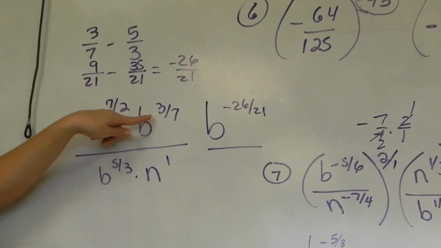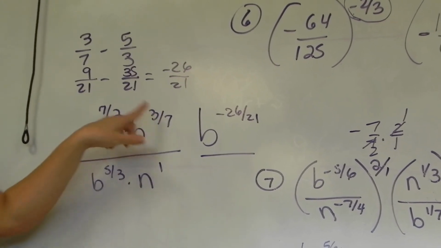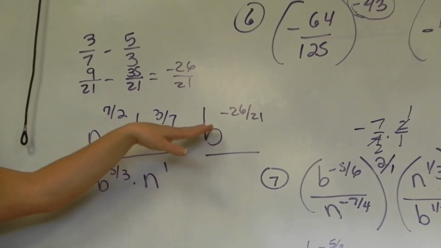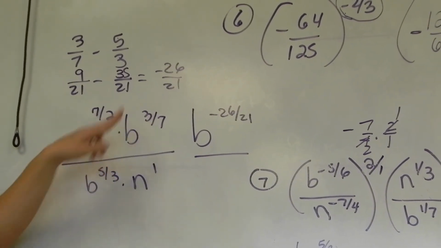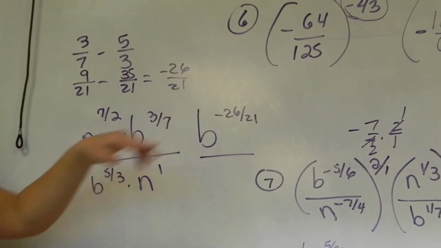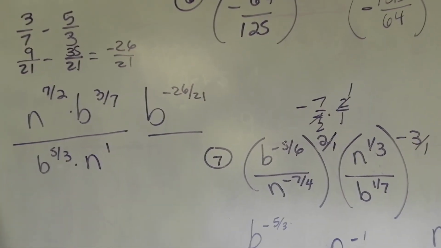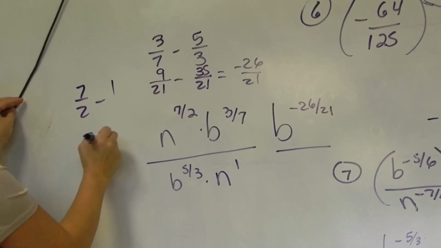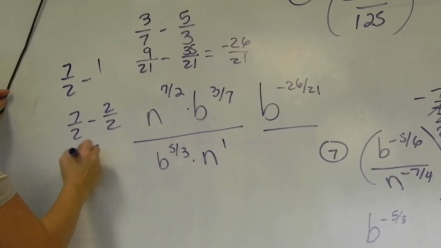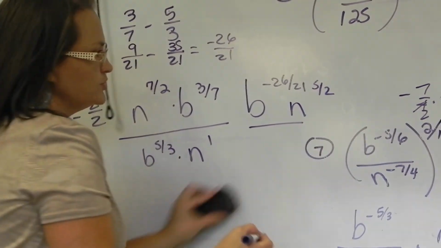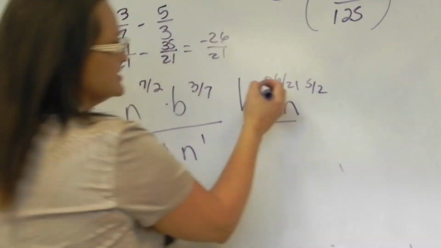When you use the quotient rule, top minus bottom, it's the answer as it would appear in the numerator. I will need to move that now to make it positive. But subtracting top minus bottom, that is the answer as it appears in the top. 7, now the n, 7/2 minus 1. I can make a like denominator of 2, make that 2 over 2. Subtracts to be 5 over 2. So that's n to the 5 over 2. Because this negative exponent